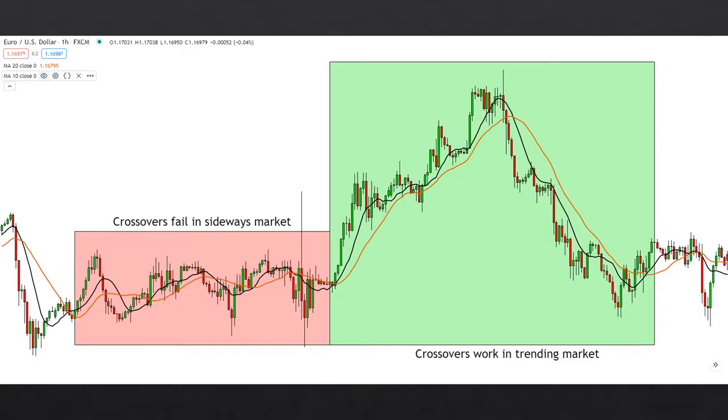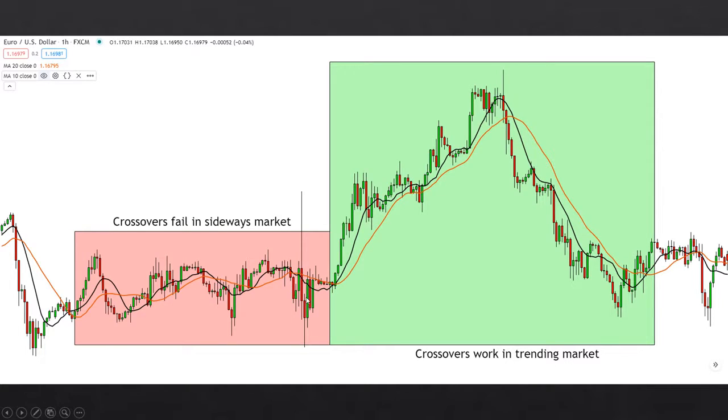In this chart, we can observe the crossovers of a 10 period and a 20 period moving averages. In the red box, the market was going sideways, and the crossover strategy was generating terrible buy and sell signals. In the green box, however, the crossover signals were pretty good because the market was trending. The bottom line here is that the trader never truly knows when a sideways market will turn into a trending